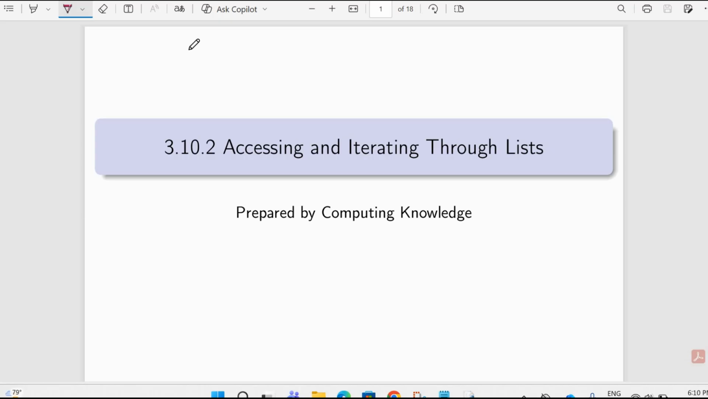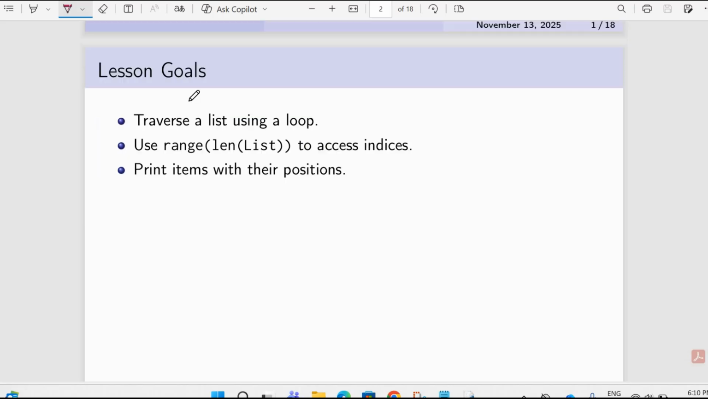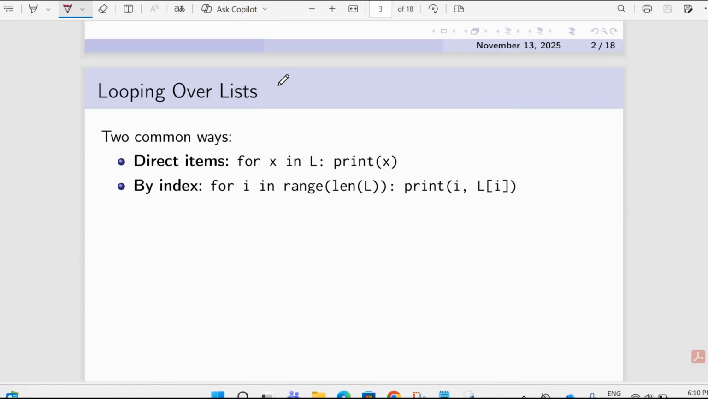This is topic number 3.10, accessing and iterating through lists. The lesson goals are: number 1, traverse a list using a loop; number 2, use range of length of list to access indices or index; and print items with their positions. For example,